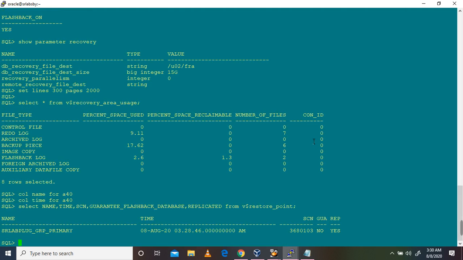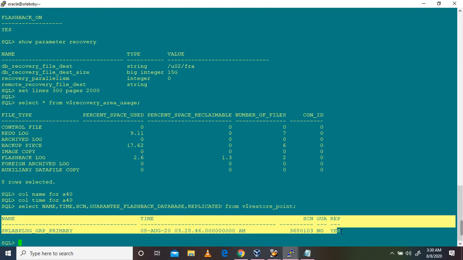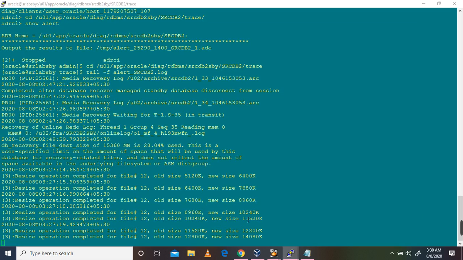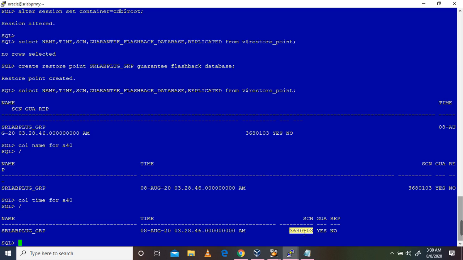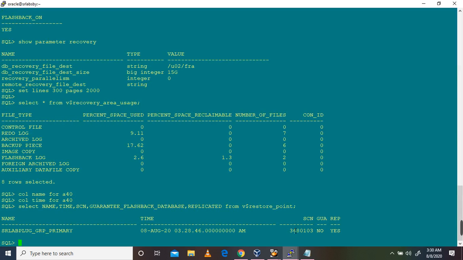Now you can see it, with the same SCN number. Guaranteed no here, because it is available in the primary side only.